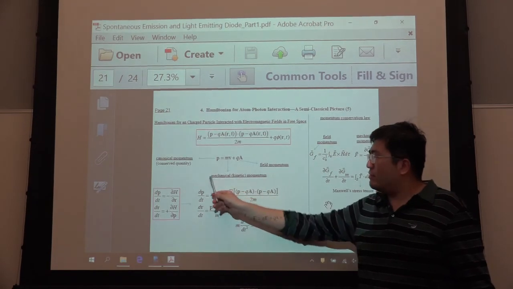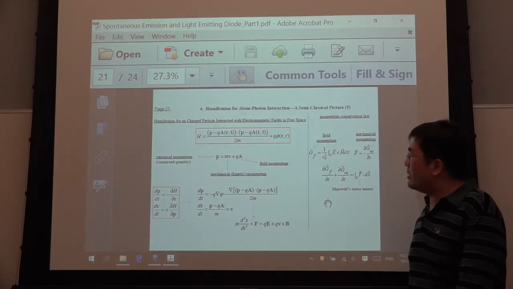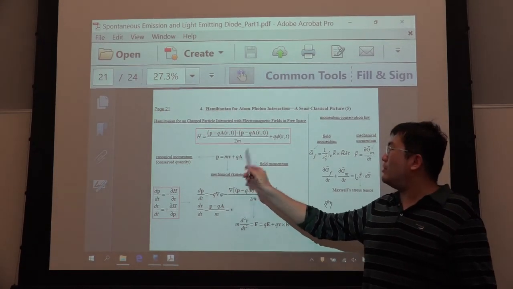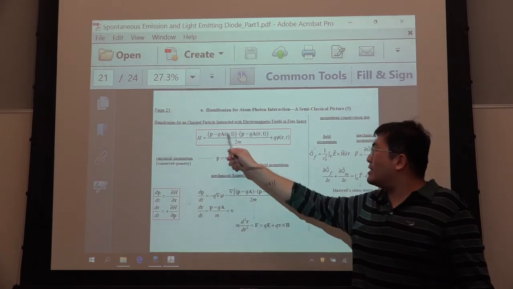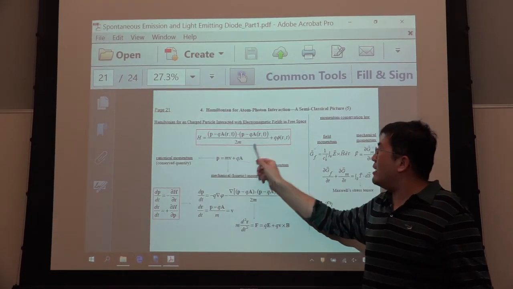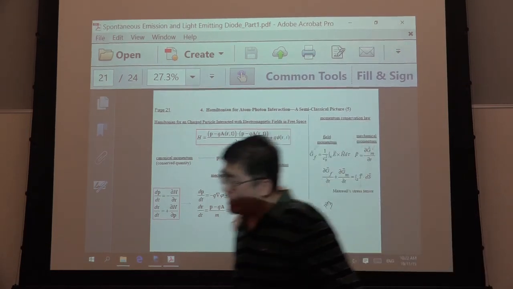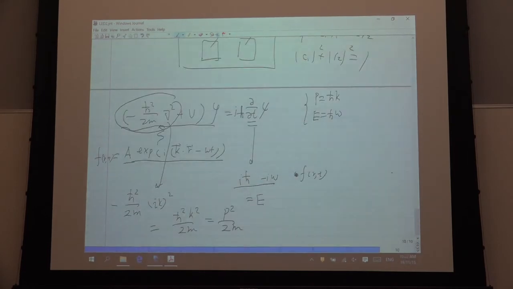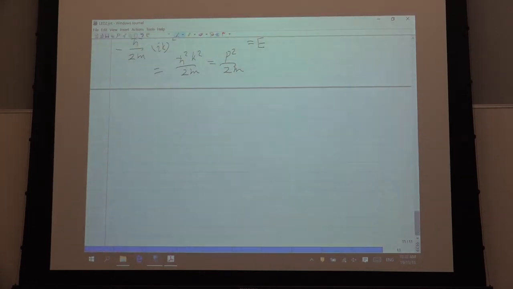Only the mechanical momentum is not a conserved quantity. It's similar to the momentum conservation law. So here P equals mv plus qA. P is canonical momentum, and P minus qA also gives the kinetic energy. I draw this equation carefully, because for a particle we know the Hamiltonian should be one half mv squared plus V, where V equals q phi, and phi is the potential.